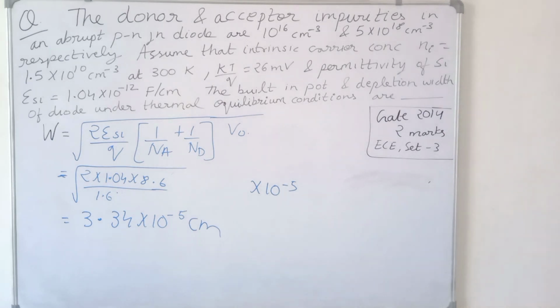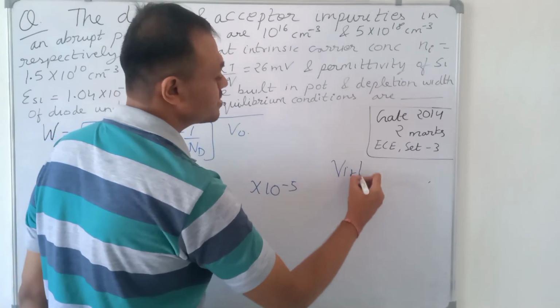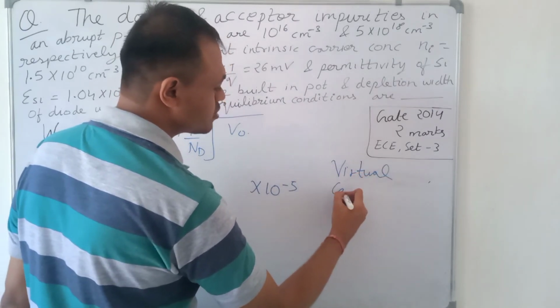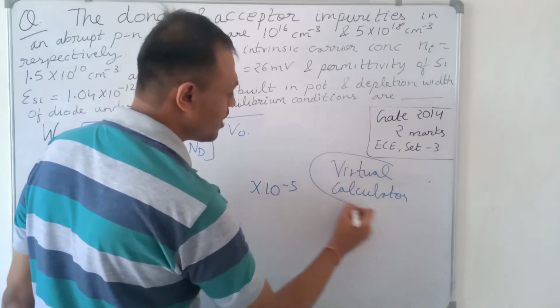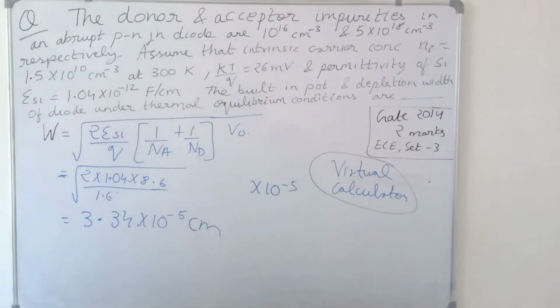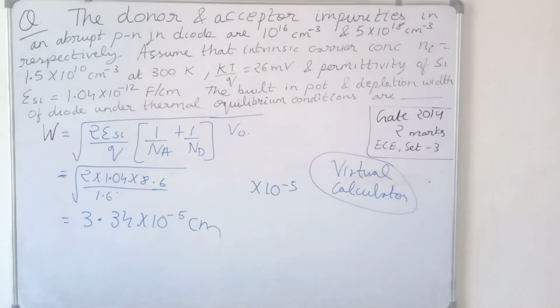In this question, it was based on a direct formula, but the virtual calculator would consume a lot of time. The main motive of this question was to simplify ourselves, so that we use as little of the virtual calculator as possible, because the virtual calculator will consume a lot of time. So in such questions you should try to minimize the calculation such that your calculator time is minimized, because these questions are directly based on formula and they are highly scoring questions, but the time is consumed in the virtual calculator.